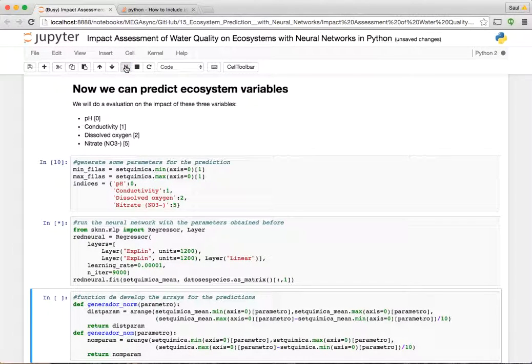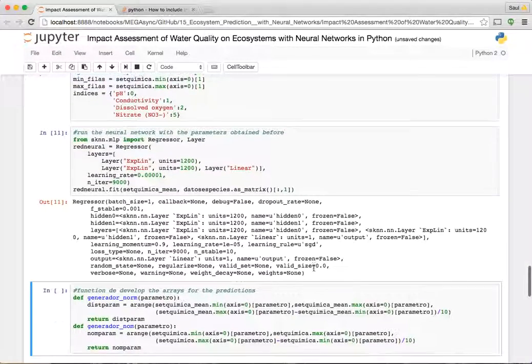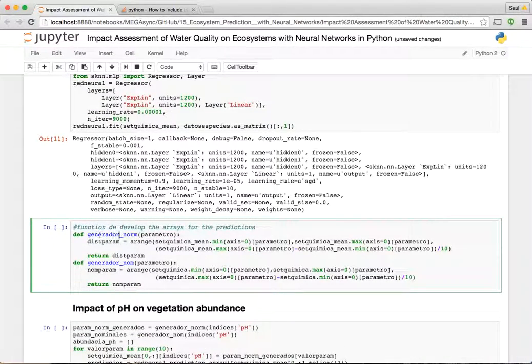So we run it, and then we wait because the neural network is running. If this point is black, it is running. Okay, and then we generate some data for the prediction, because this is actually what we want to assess,